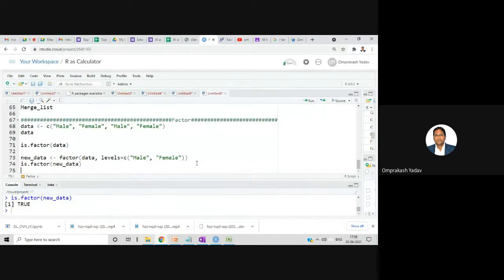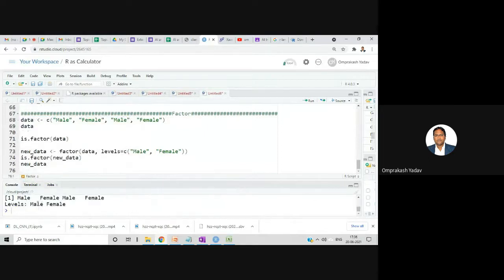So we have converted that into a factor data. If you want, you can just display new_data. It's showing me the levels, that is male and female. So it's telling me there are 2 levels, male and female. Like this, we can convert the data into a factor, right?